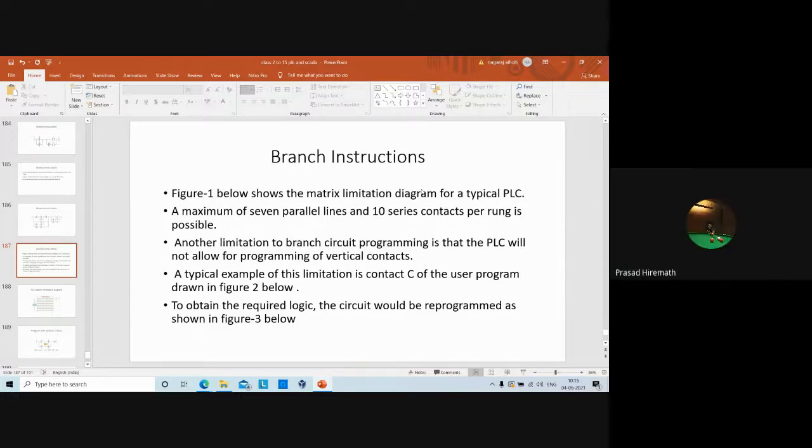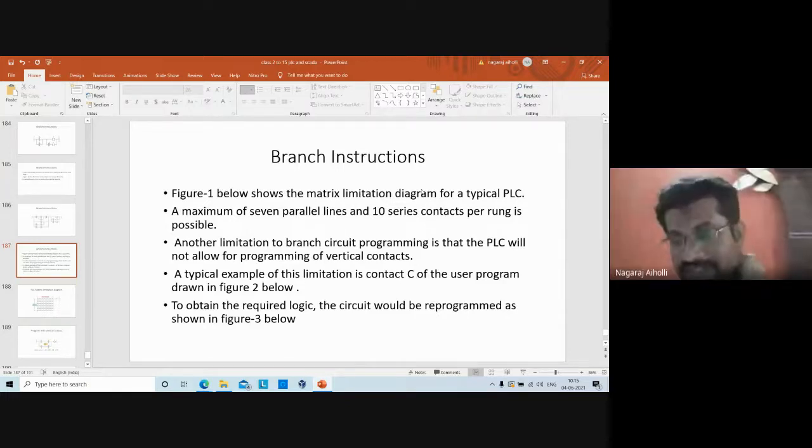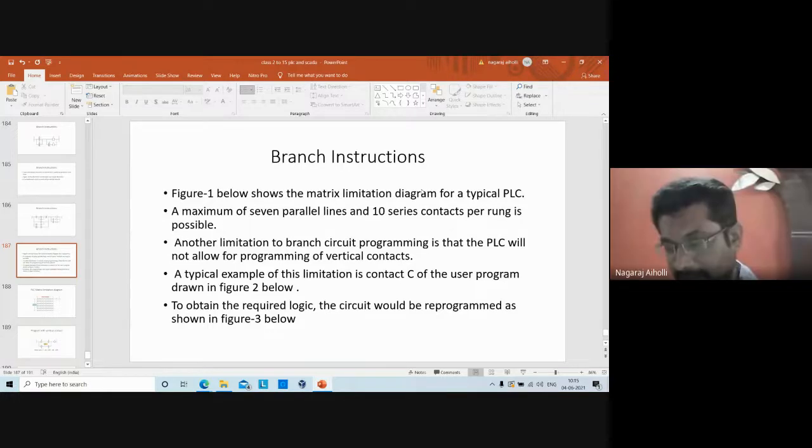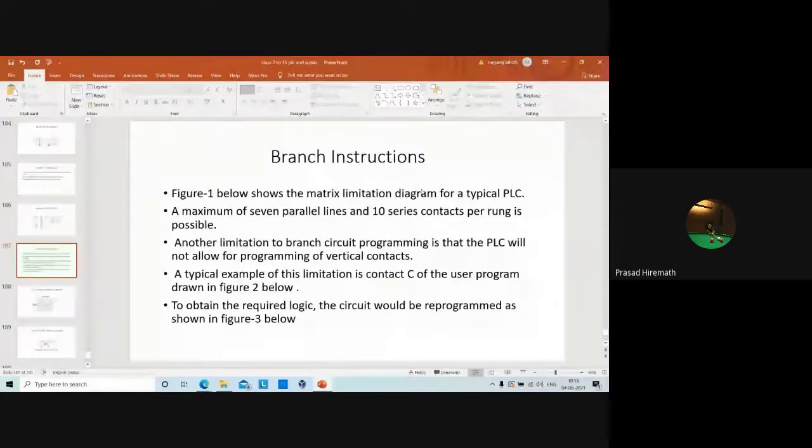No, sir, I'm asking whether, in C programming, we write a code. In ladder logic, do we have to write the code, or do we have to design the circuits? That I'm asking. Correct. I'll go through that point, collect a few pieces of information about it, come back in the next class and answer that question for you. Is that okay? Yes, sir, fine. Okay, right.